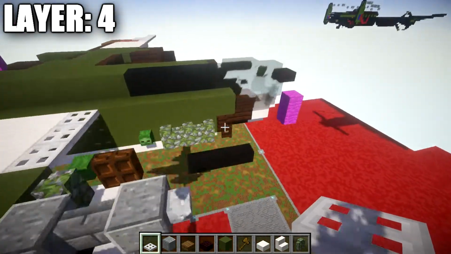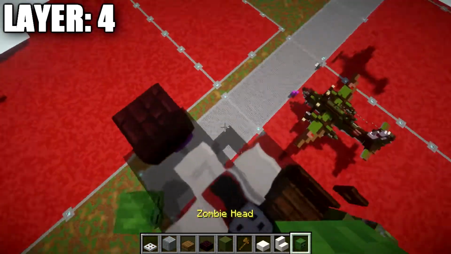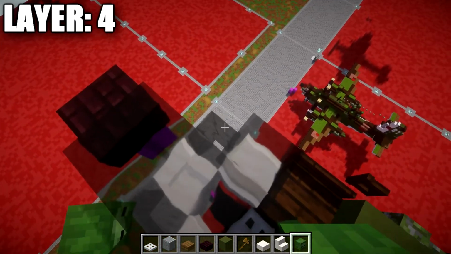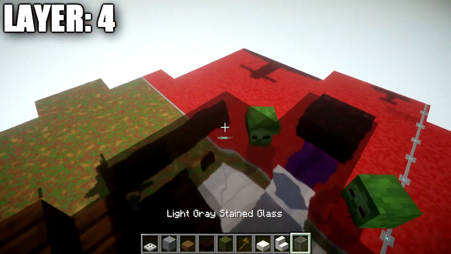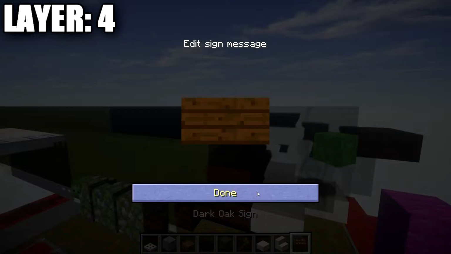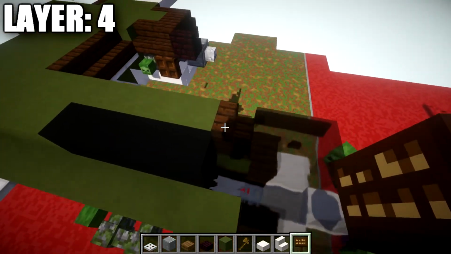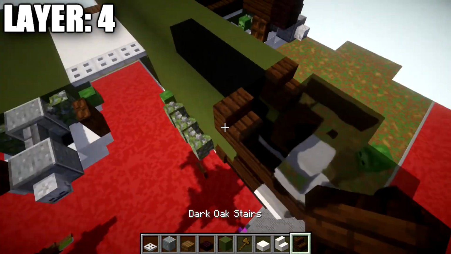With that done, going back up to the front and working our way out to the sides, we're going to go ahead and place down a zombie head at about a 45-degree angle on this light gray stained glass pane right there. We then want to place down 2 light gray stained glass full blocks going back from the zombie head, and we're going to place down 2 dark oak wood signs along the sides of those 2 light gray stained glass full blocks. We then want to place down a dark oak wood stair like this to the side,